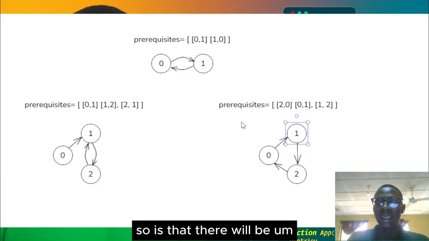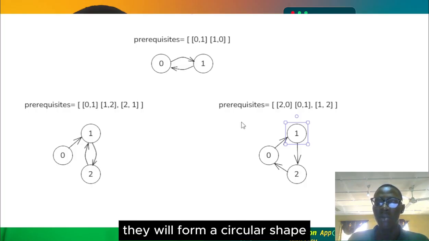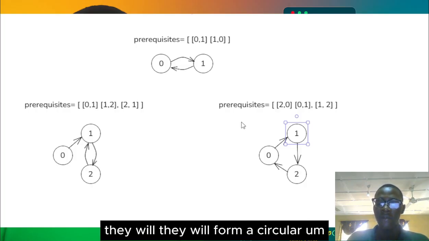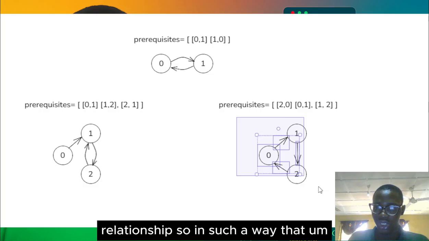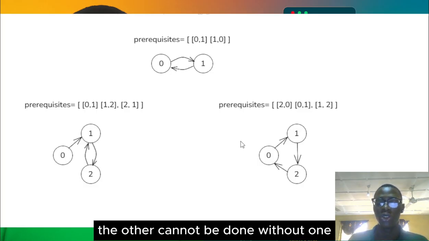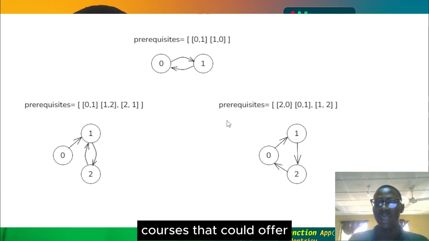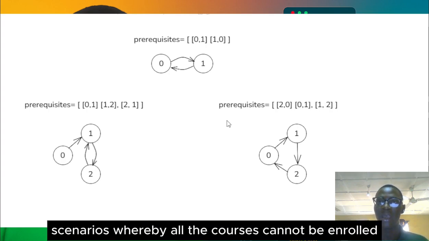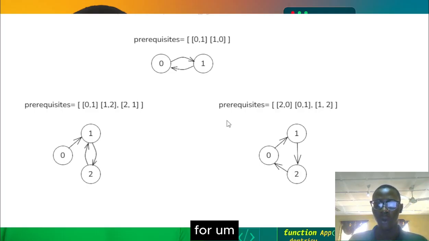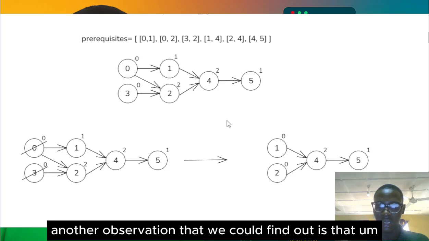So there will be some sort of loop, a cycle, they will form a circular relationship, in such a way that one cannot be done without the other, and at the same time the other cannot be done without one. So that's one key and major observation for scenarios whereby all the courses cannot be enrolled for. Another observation that we could find out is that